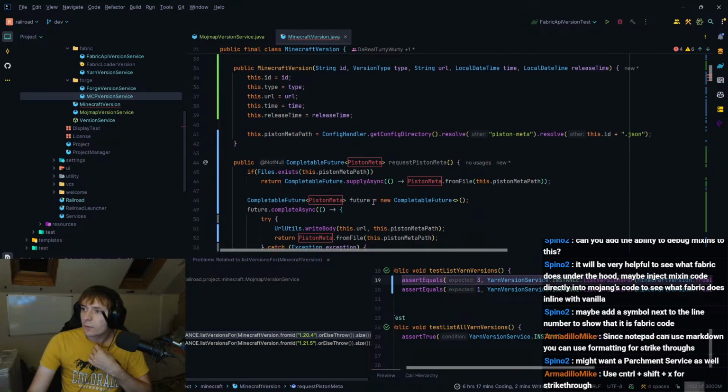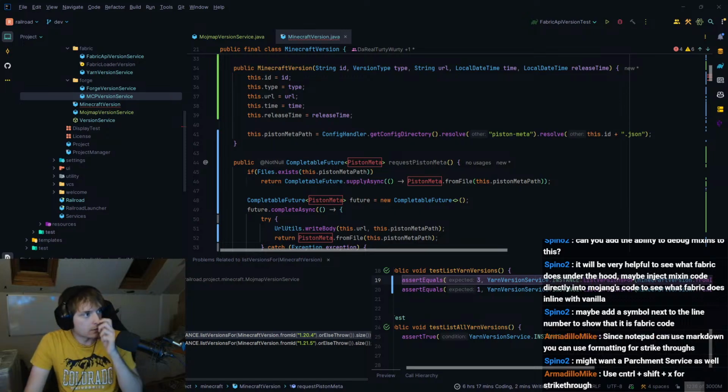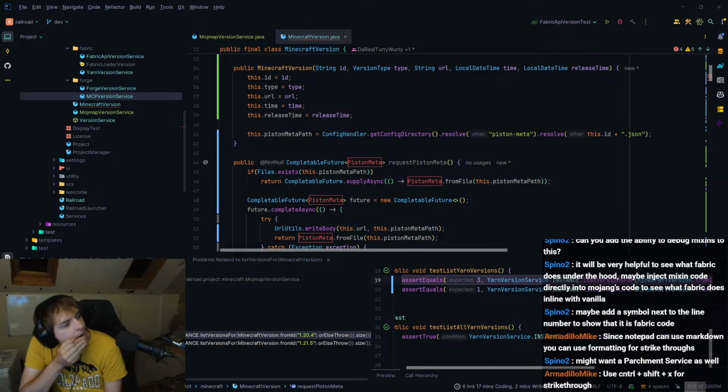Okay, now we just have to make a piston meta, which is going to be a massive POJO. Now I'm going to save some time here, because otherwise this is going to take us a while. So I'm going to grab... gotta find it.